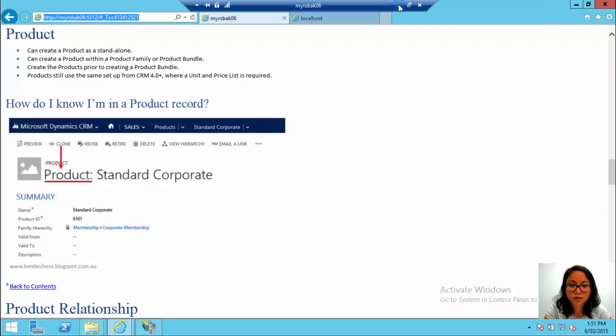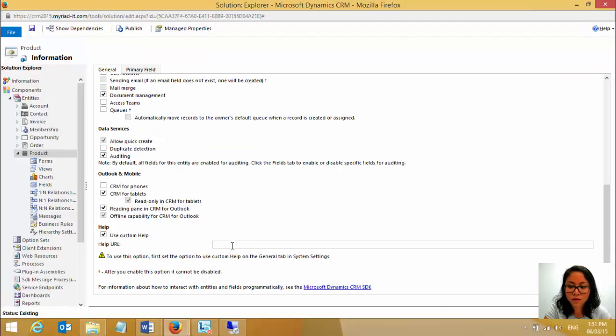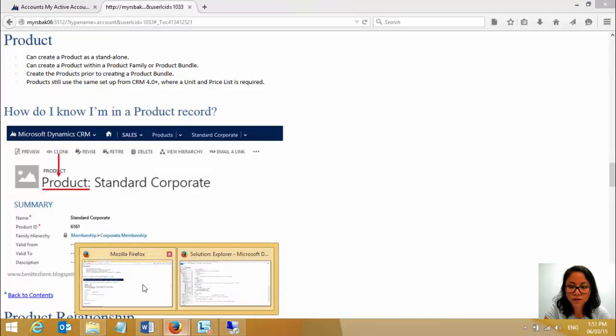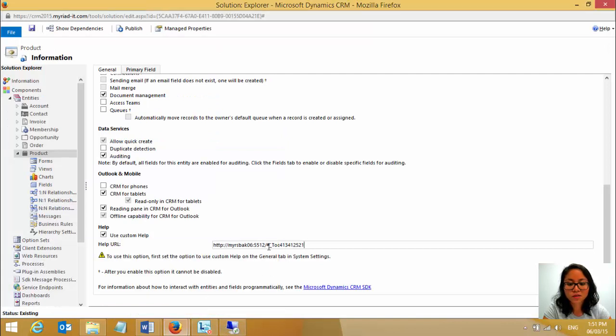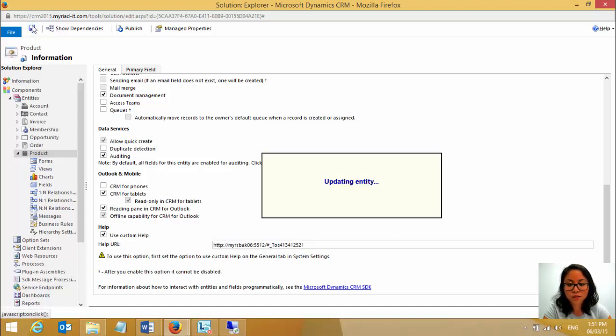So now if I go back to CRM and I copy and paste this URL, it's going to look like this. So notice that it does not have the appended references in here. If I selected the system setting option of no, don't append parameters to the URL, then it wouldn't show it. But because I have, it's showing those, and I just wanted to grab the actual URL from the web dev server. Okay, so now if I click save, it's going to update my entity,